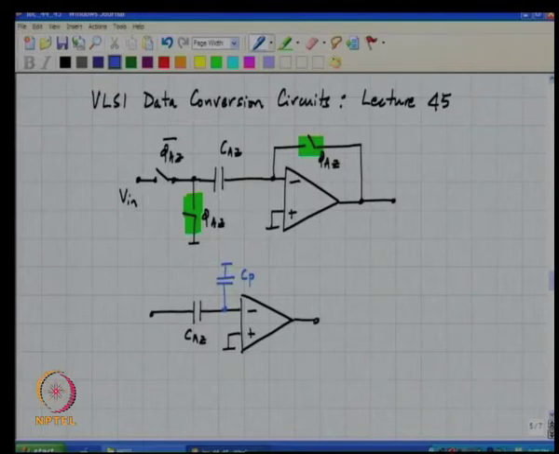So, this capacitance is, let us say, about 10% of CAZ, which means that